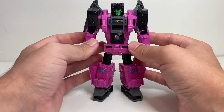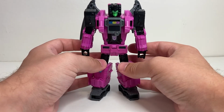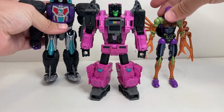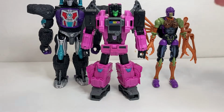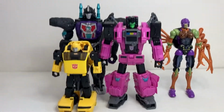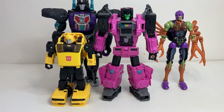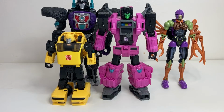But yeah, he's a pretty good figure. I can show him off again with all the other ones in the pack. Here he is with Blackarachnia and Nemesis Primal and Bumblebee, just to get them all in the shot here. And yeah, it's a pretty good pack. I'll get into it a bit more once I look at the other guys and their own reviews. But just to start off here, I figured he was a good first one to look at,